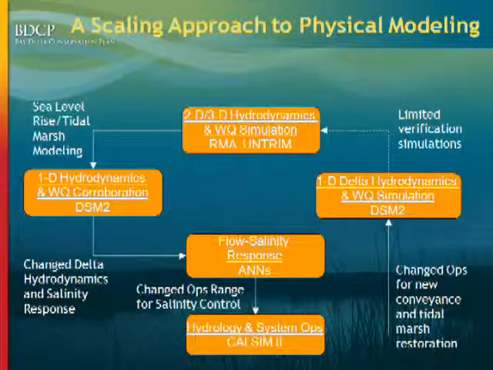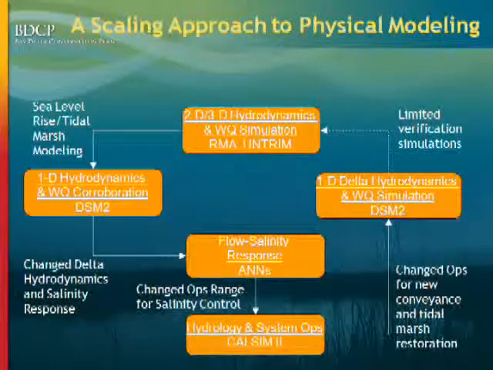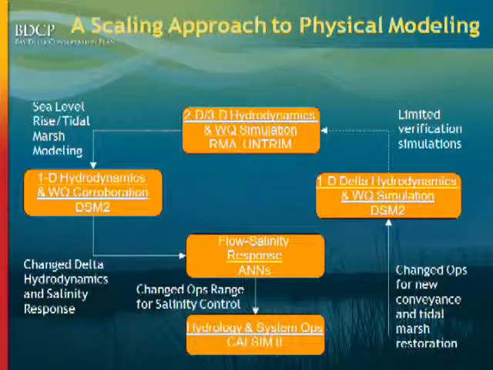Also, it's not as computationally intensive as the other 2D and 3D models that we used, so it would allow us to evaluate these alternatives on a large range of hydrologic conditions. We used the results from the two-dimensional and three-dimensional models to what we are terming corroborate, but it's essentially train the 1D model to replicate the effects of the large-scale restoration and the sea level rise. Once we trained the one-dimensional DSM2 model, we used that to train an artificial neural network, which